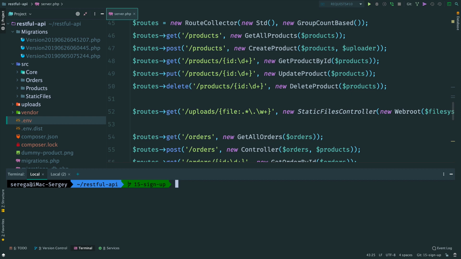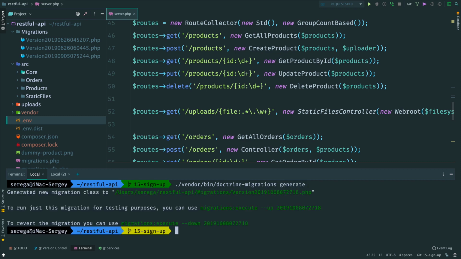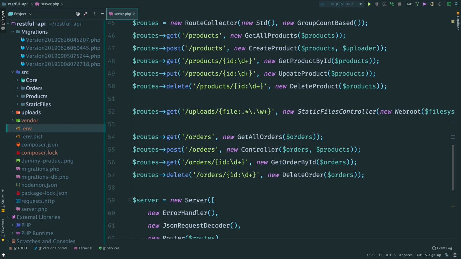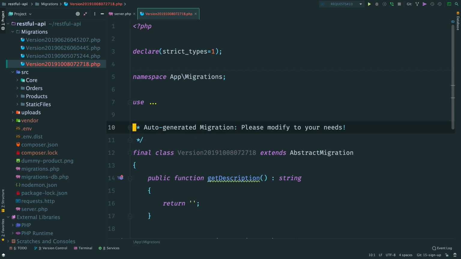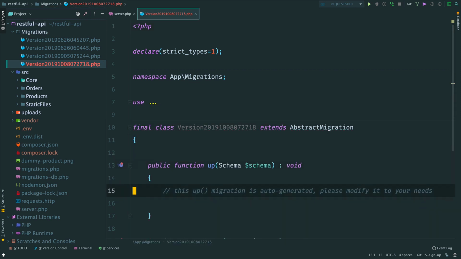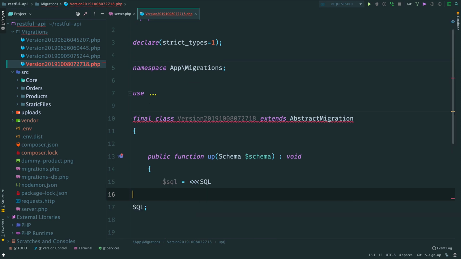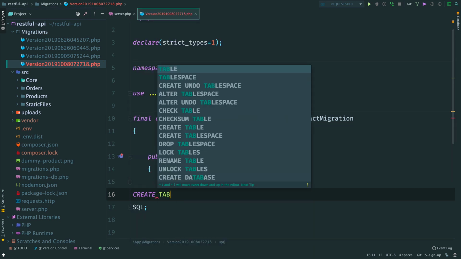Okay, let's start, and first of all, we need users. So we create a migration for the users table. Run doctrine migrations generate. Here is our new migration. We don't need a description. In the up method, we create a new table users and then fields.